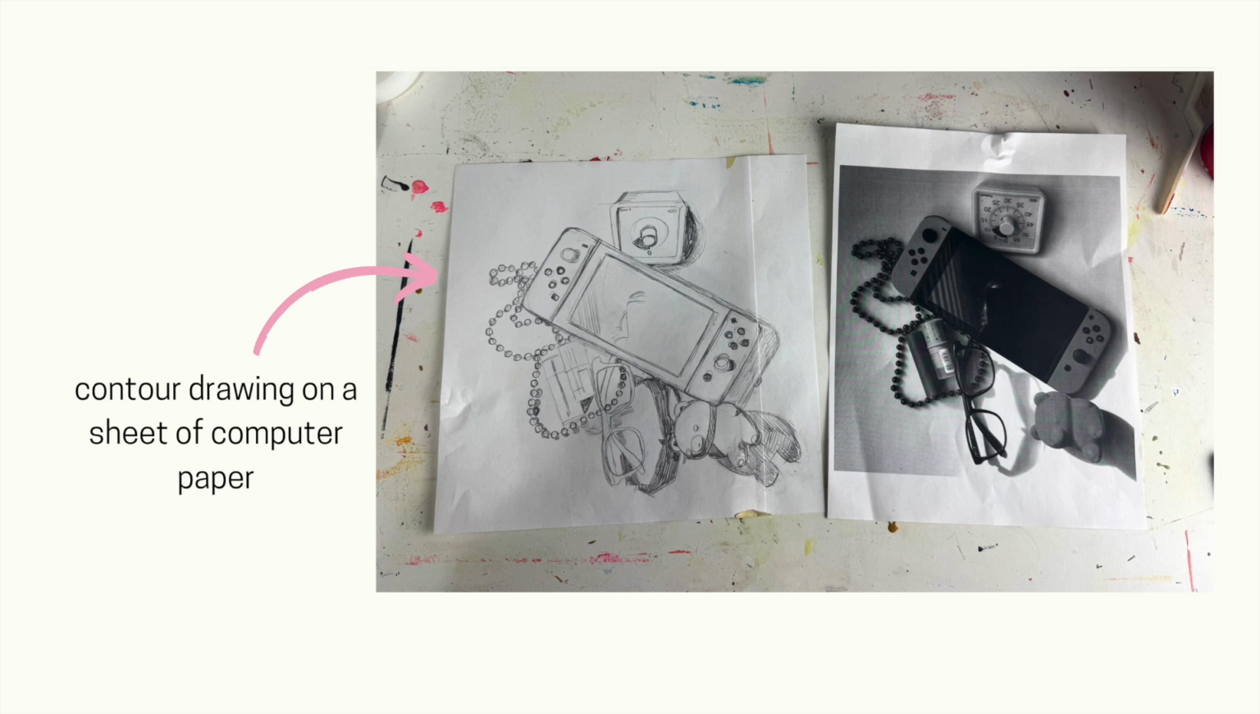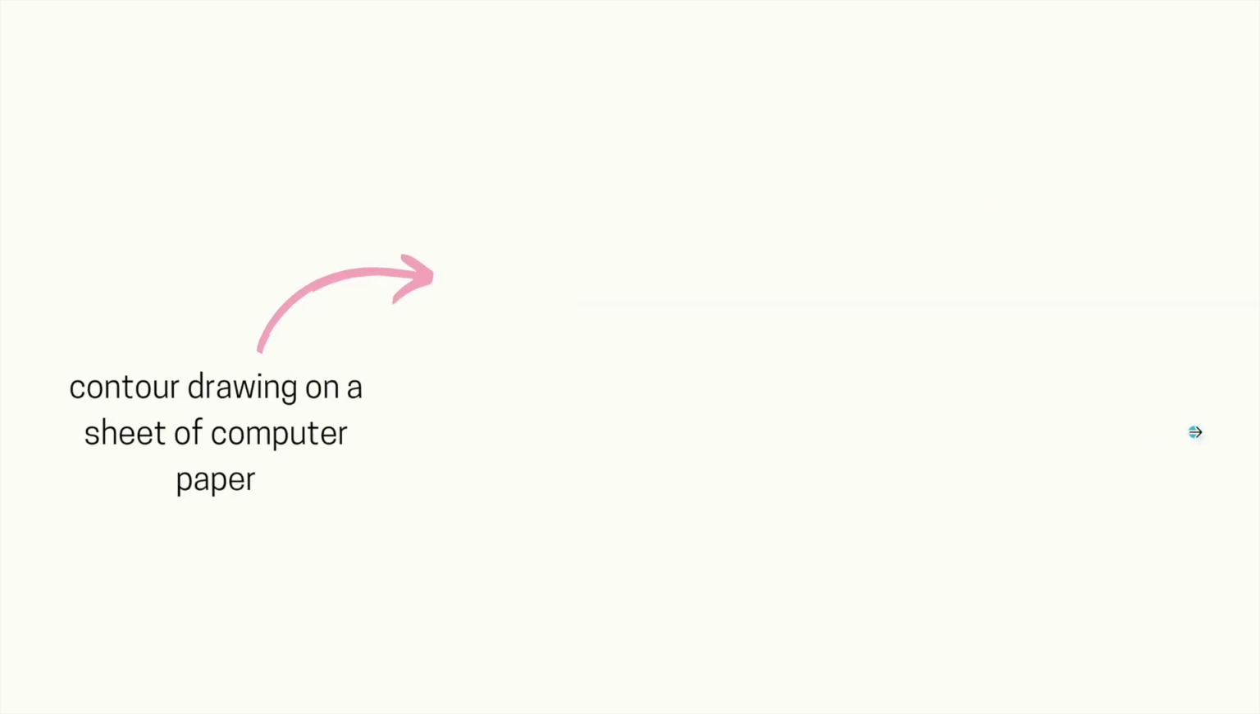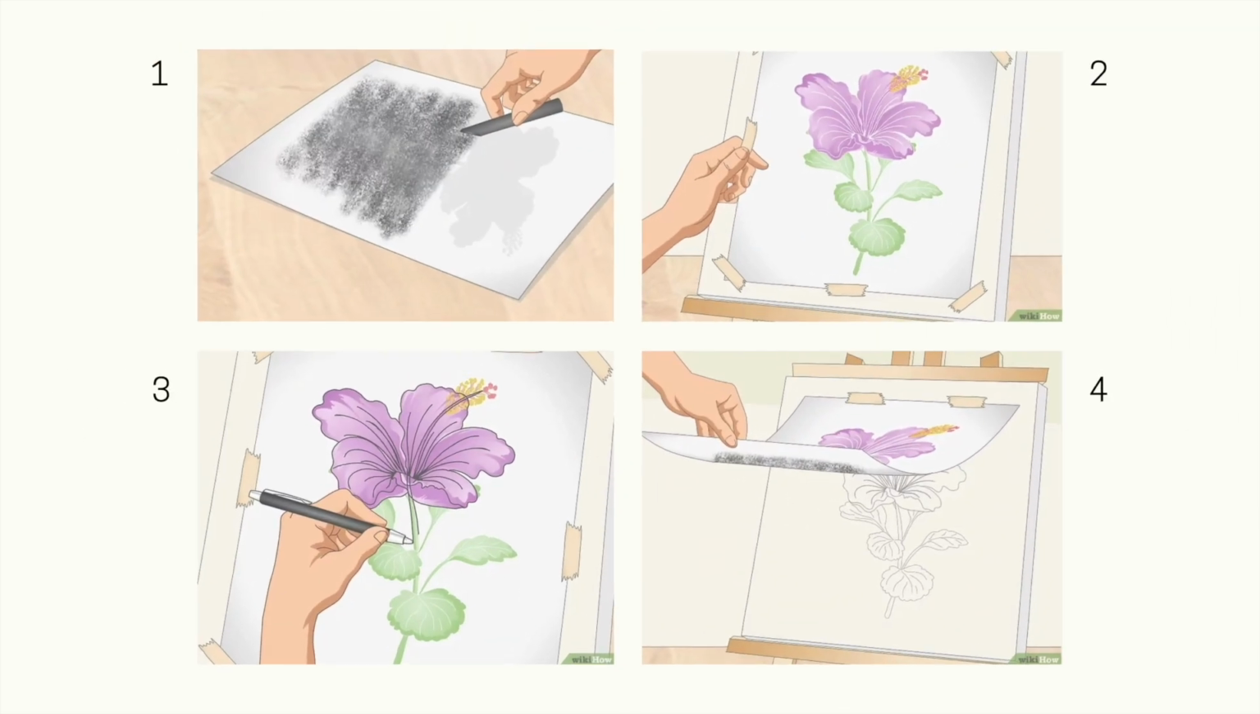So what I did was I got a sheet of paper that was the same size as my painting surface. So it was 10 inches by 10 inches. I just got a piece of computer paper and I sketched out my still life on the paper. And I did include information about where the shadows and highlights were. And then I used this method to transfer my work